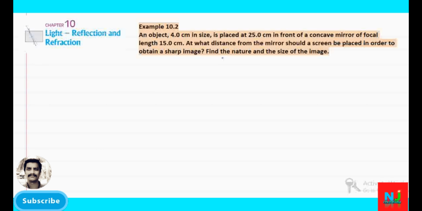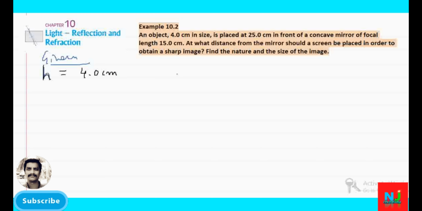Let us go for example number 2. An object 4 cm in size. What is the meaning of object 4 cm in size? So, the height of the object, h is the height. Let us go for the given. The height of the object, h, is given, h is equal to